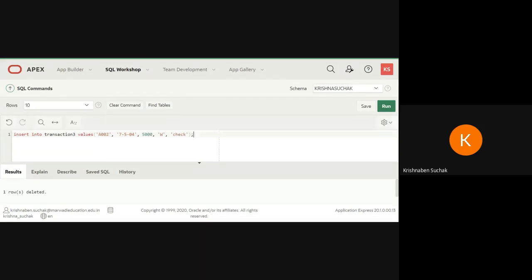Okay, so now let us move forward. Now we have to select all the records in descending order account number wise. So what I will be writing here is select distinct. Why distinct?